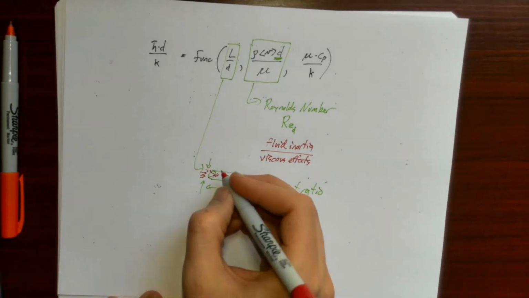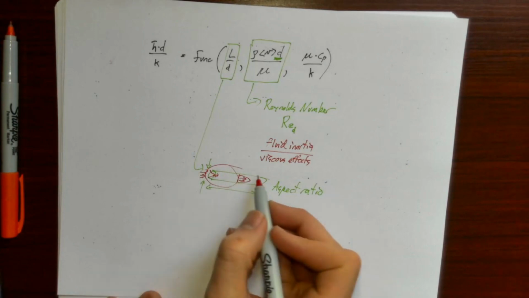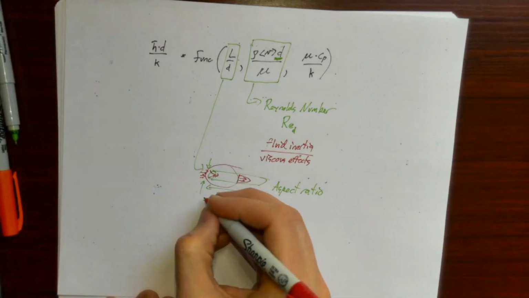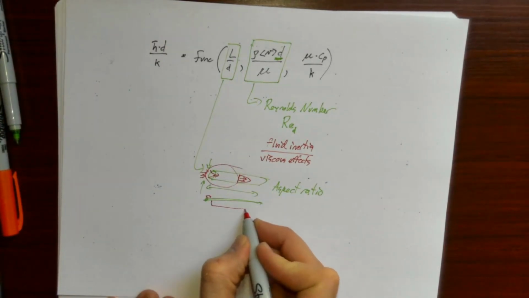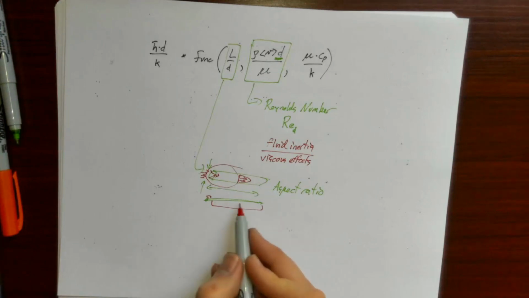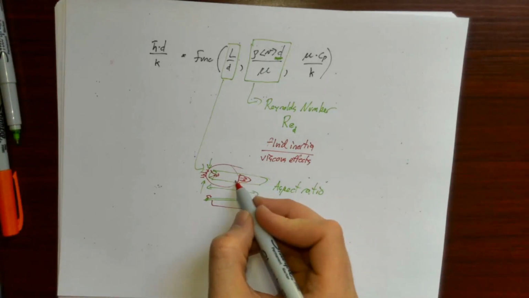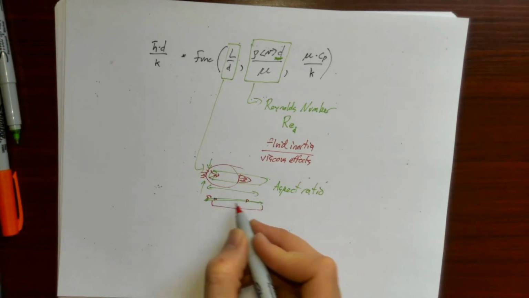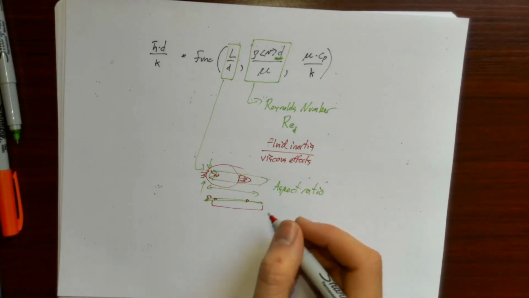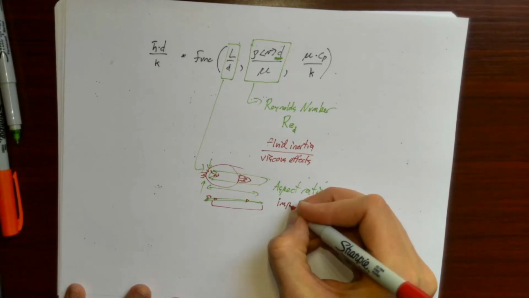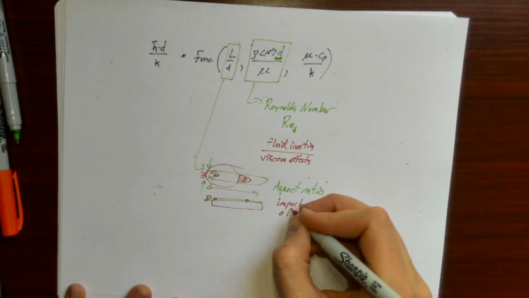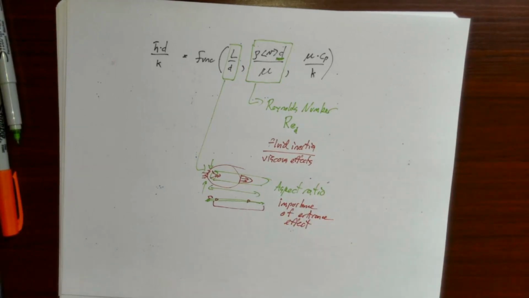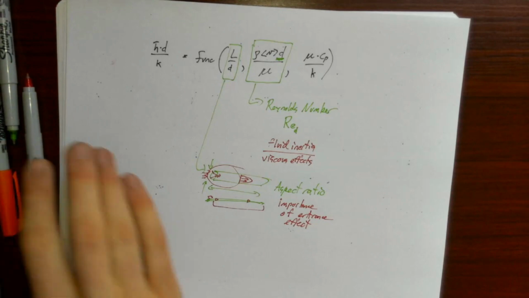But you can imagine for a short tube, this effect occupies a very large fraction of it, whereas for a long, narrow tube, this effect happens just a little bit at the beginning, but most of the tube is basically dominated by the fully developed profile, or the parabolic profile if it's laminar, right? So this aspect ratio basically says how important the entrance effect is. So the aspect ratio basically dictates the entrance effect.